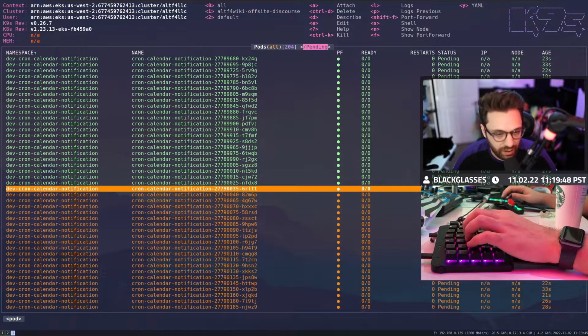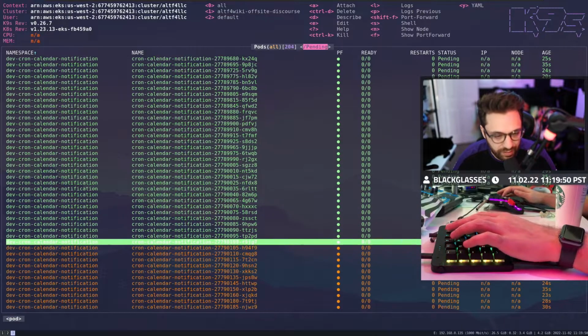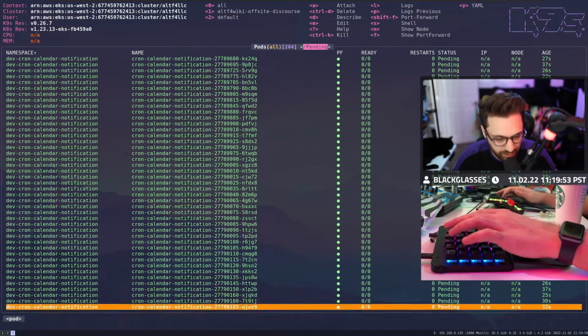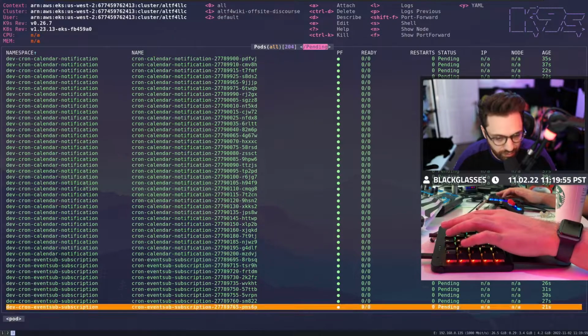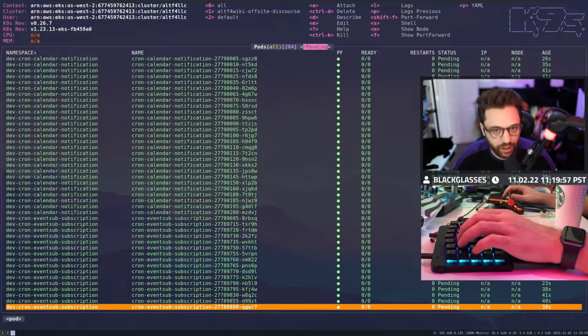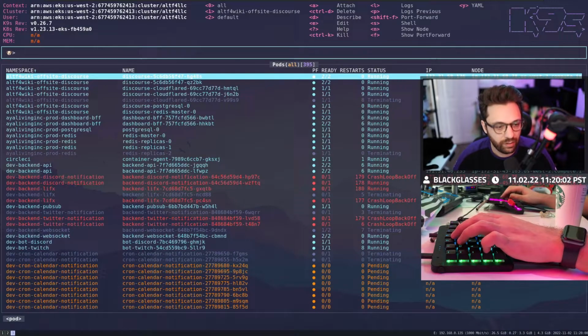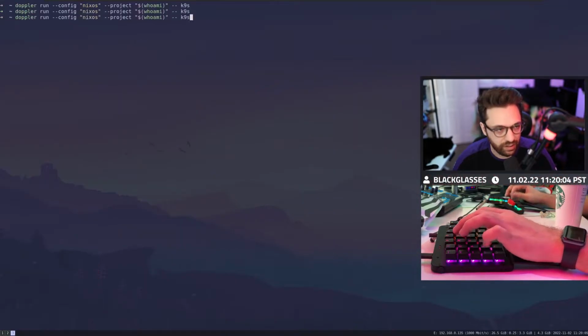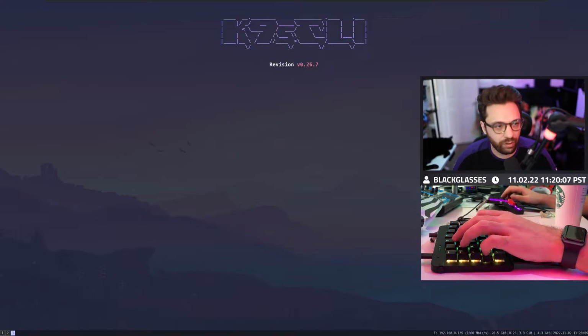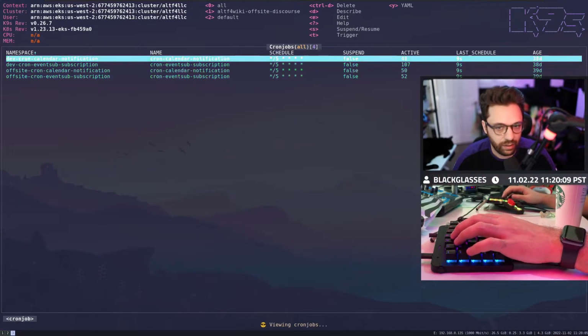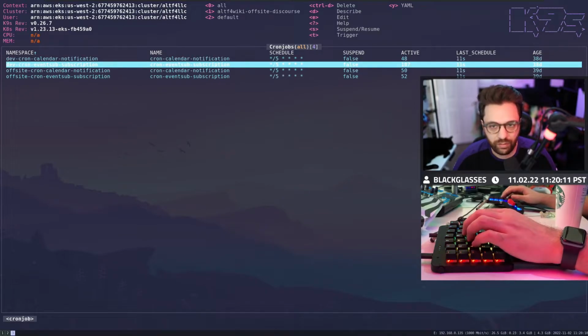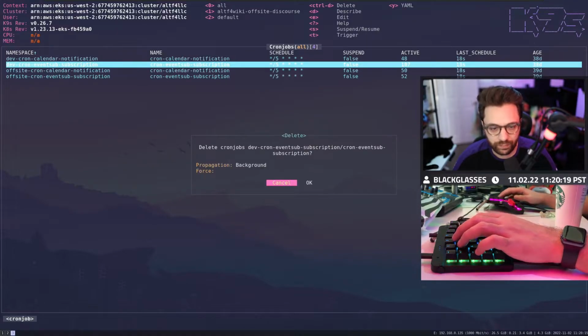Yeah, I mean, dude, I really don't want to have to delete the namespace. If I delete the namespace, that sucks because I delete a lot of other resources with it, because everything's in the namespace. Oh, you know what I could do though? Okay, I know what I could do. Hold on. I know what we can do, chat. Check this out. I got it. This is an idea. Let's go to the cron job itself, right? And active. Let's delete it. Let's just delete the jobs, just the cron jobs.